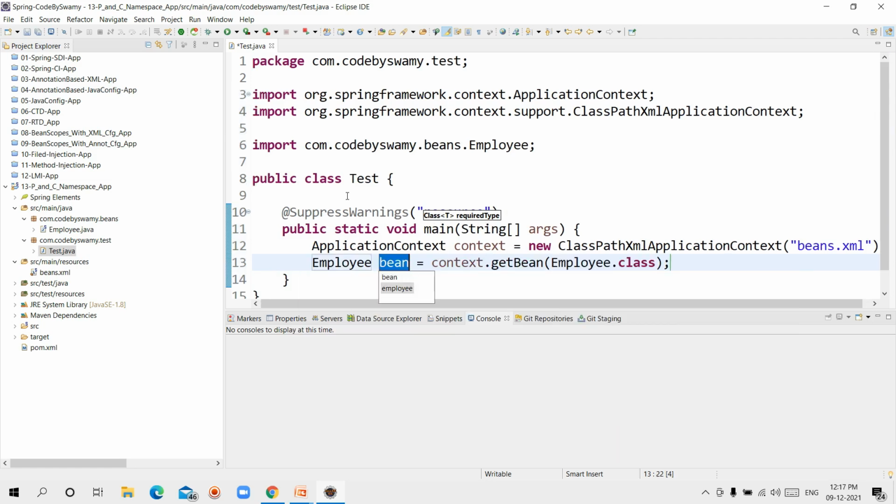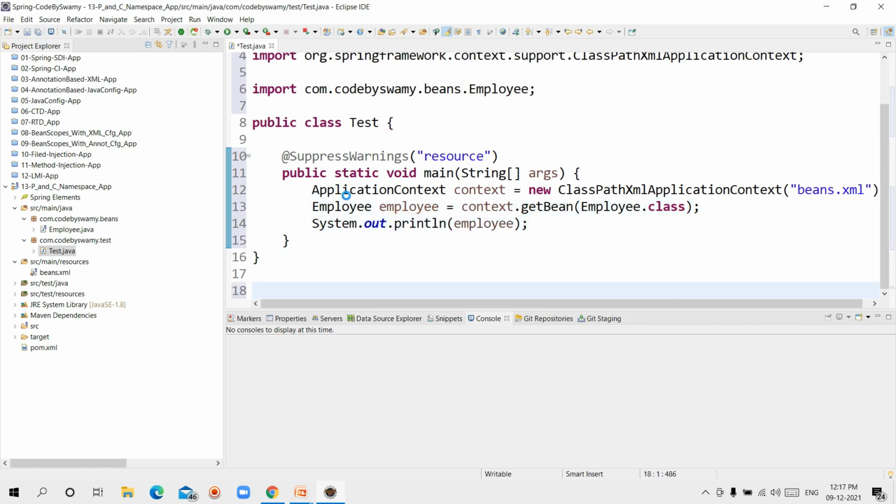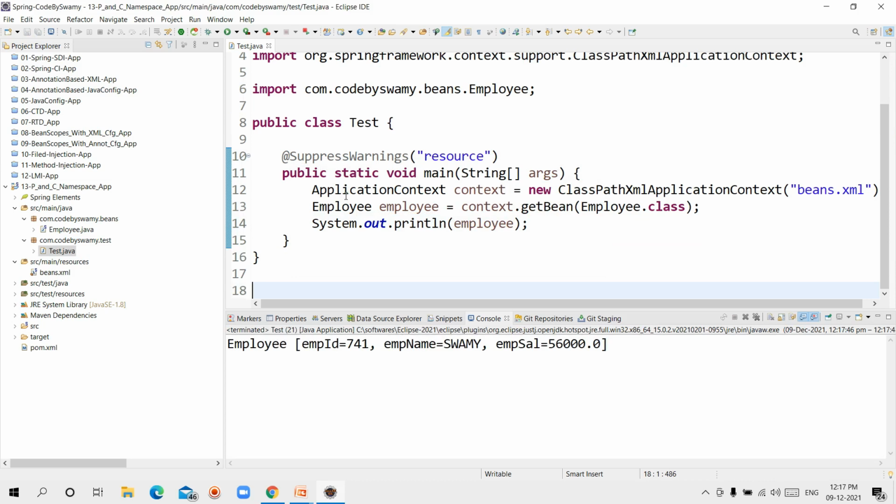This time I am printing the employee with Sysout. Let's run the application. See, this is the output.